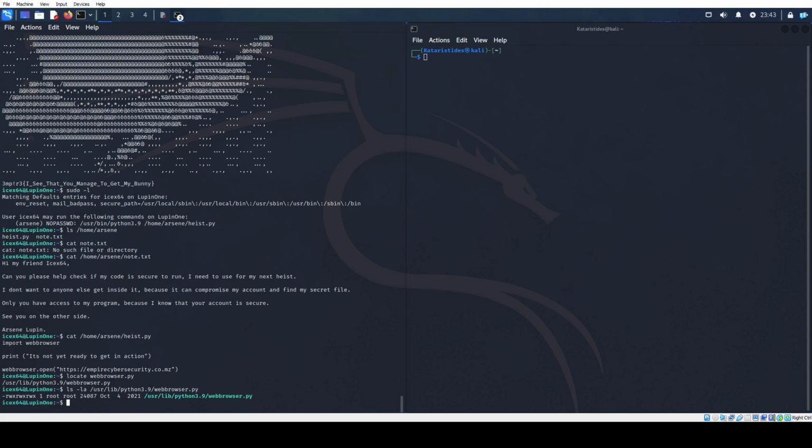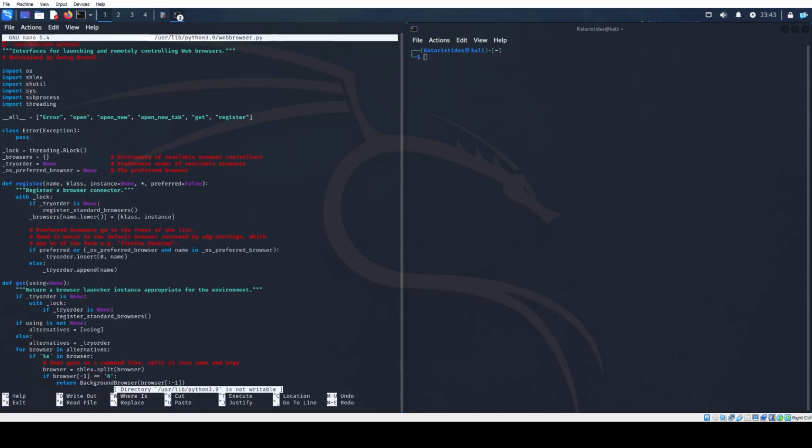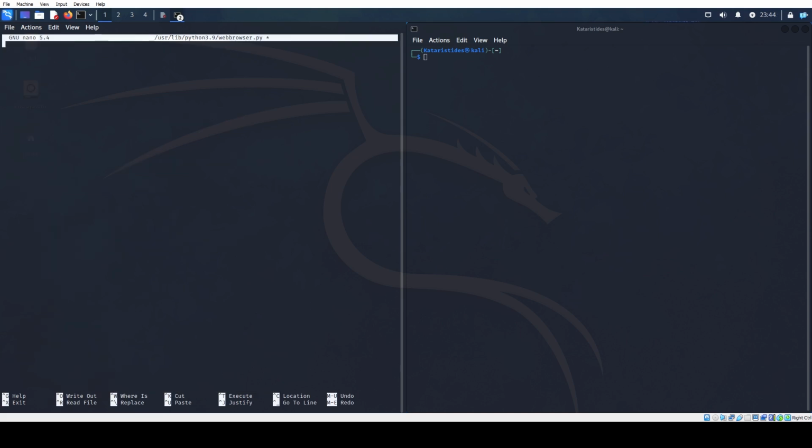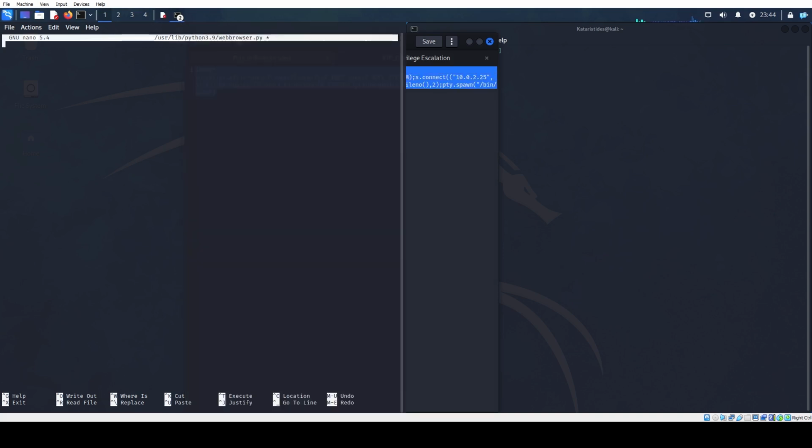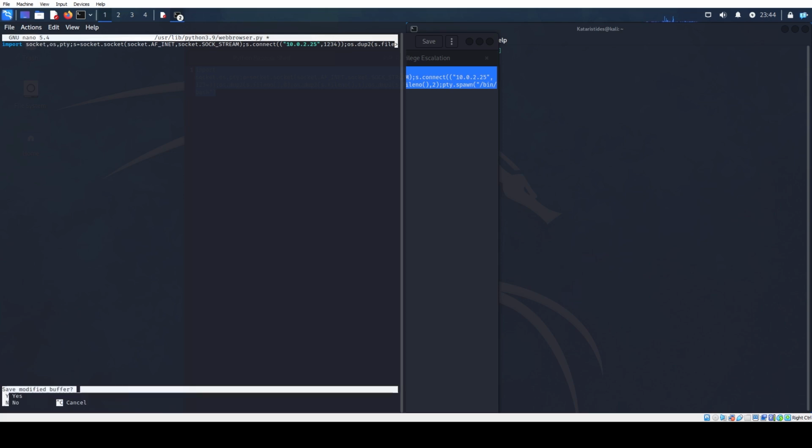Let's open up the script in a text editor with the command nano /usr/lib/python3.9/webbrowser.py. Place your cursor at the very start of the file and use Alt-T to delete everything. Then we are going to insert our code for a Python reverse shell. These are standard command lines, and you can find all sorts of cheat sheets on the internet which you can copy and paste, making sure to change your host IP and desired port numbers. I have one already saved to a text file, so I'm going to paste that in, exit with Ctrl-X and